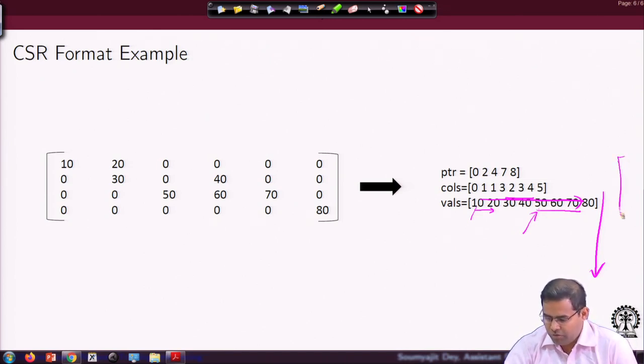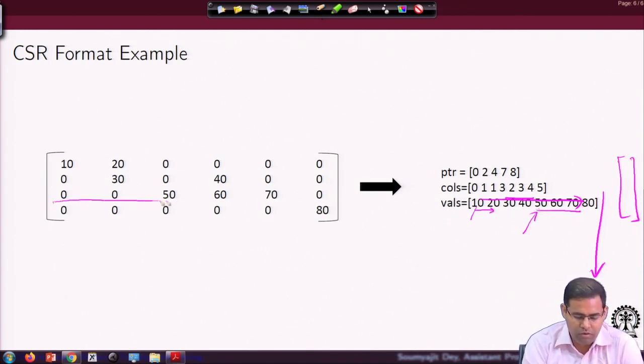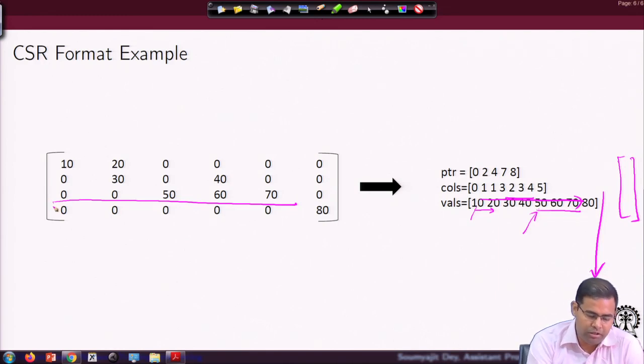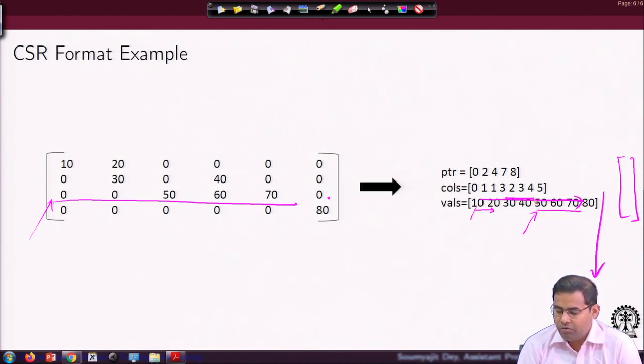So, again to give an example, consider that this is your vector. Now, when you are hopping through this row, instead of a normal matrix multiplication where you start from here and scan through up to here, you are doing it in an optimized way. From PTR you get to val, you get 50, you get the position of 50, which would be 0, 1, 2, 3, 4, that is 2. So, you know that you have to start from here, and you know that you have to go up to this, because the next PTR position marks the end. So, you just scan through this.